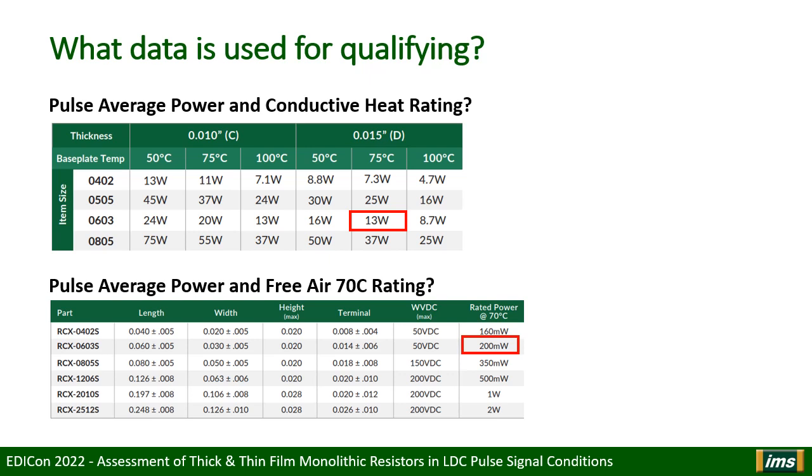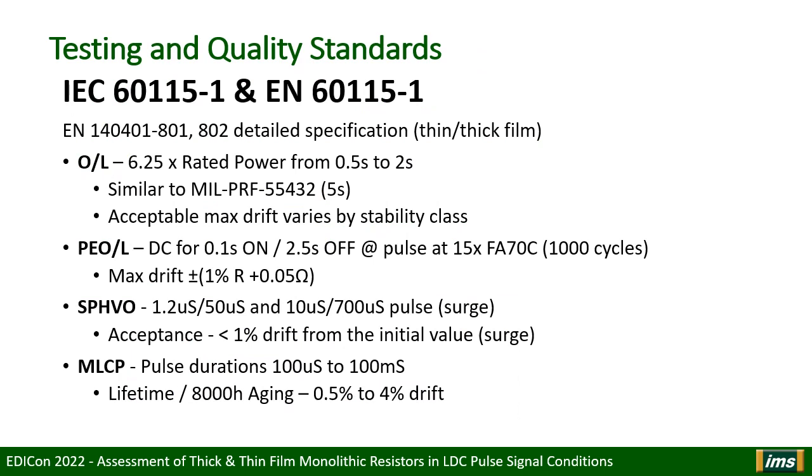Free air ratings can be found on datasheets going back to the dawn of resistor construction. The area of the element in contact with 70 degree air is assumed to be the only factor for cooling. In a conductive heat application, customers routinely use parts above their free air rating. This is a summary slide of the major standards I could find used in classifying SMT resistors for pulse and